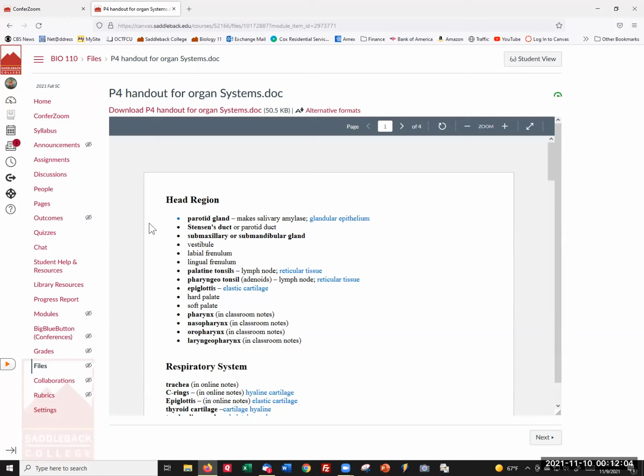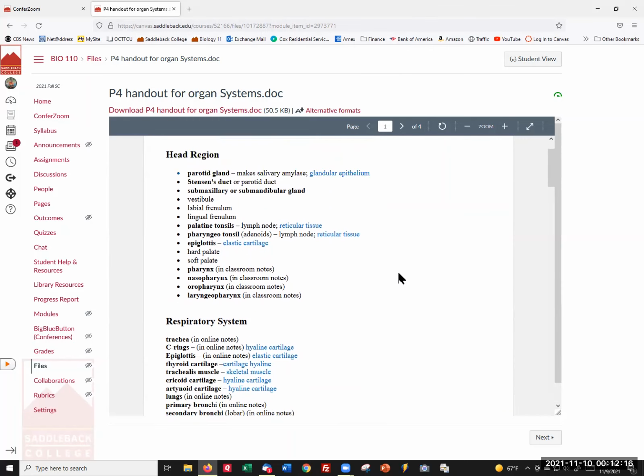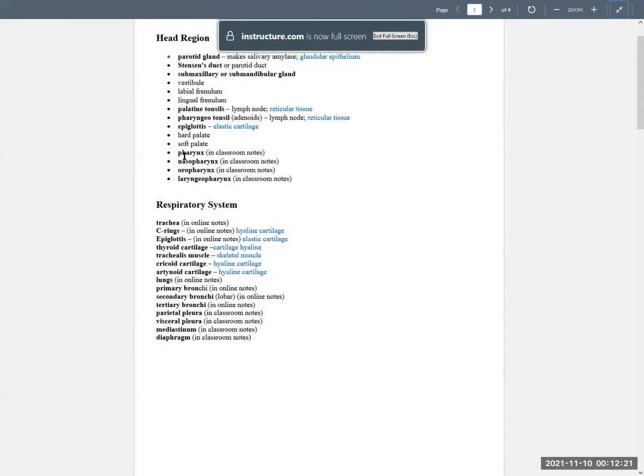Okay, so you have the head region. You're going to have all of these organs. Many of them we've already talked about. That's great. That's just icing on the cake that you can do those again. Pharynx, nasopharynx, oral, laryngeal pharynx. Nothing really new there. I've given you some